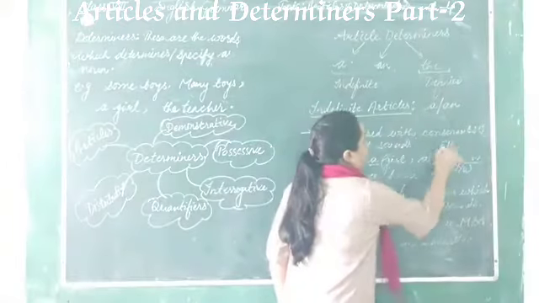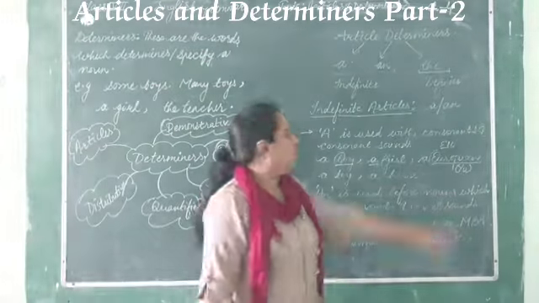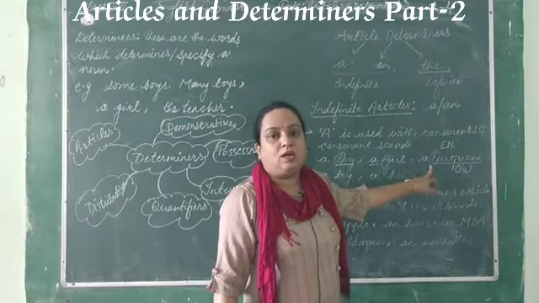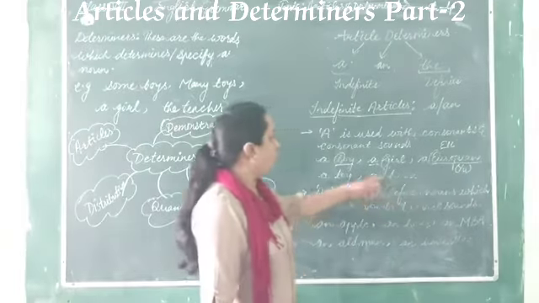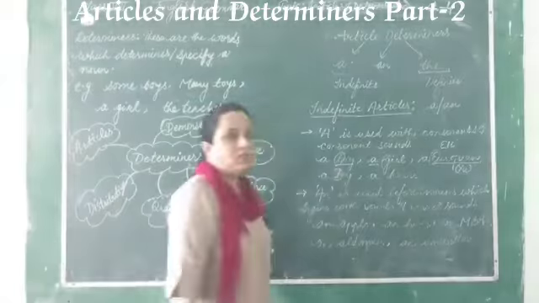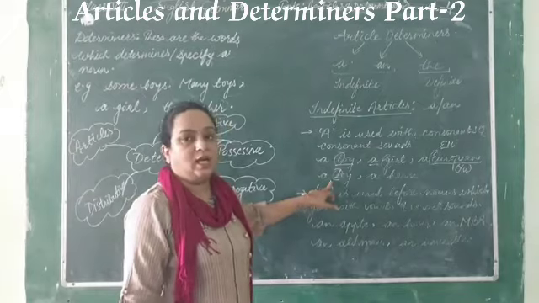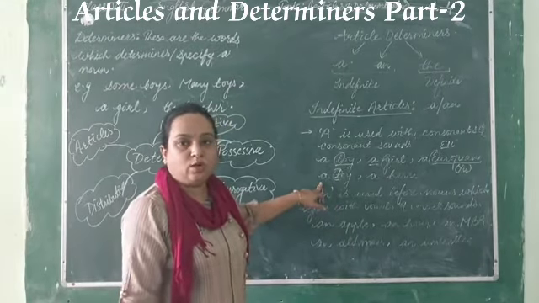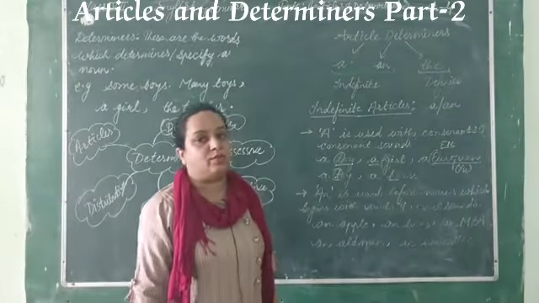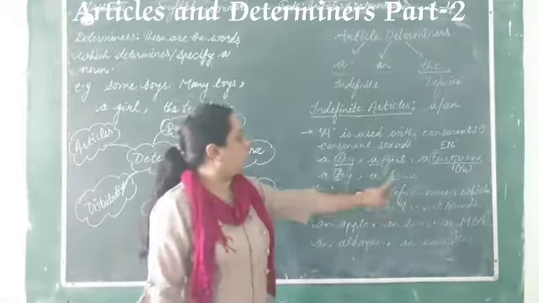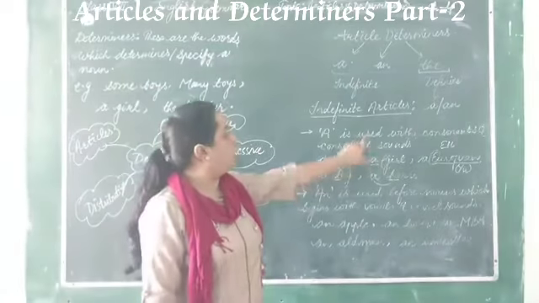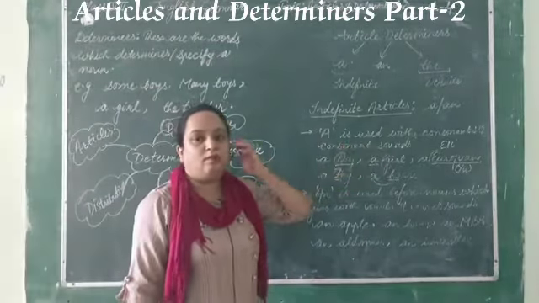So it is a combination of E and U, and it is the U sound, not E. So here we have to use a, because it is a U sound. Then a toy. Here it is T, which is a consonant, and before that we use a, for the consonant sound. Next is horse. Horse has the H sound. Which kind of alphabet is it? Consonant. So before that, what is there? A. Clear?